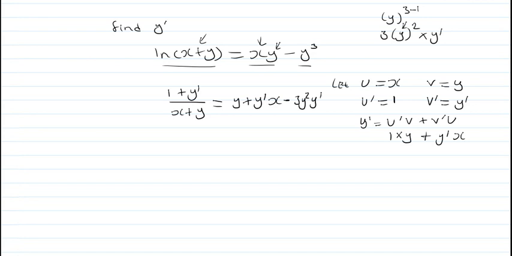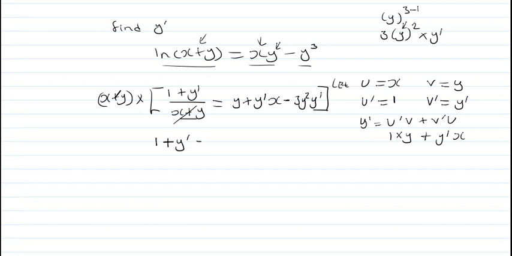After reaching this part, all we need to do is make y prime the subject of the formula. So I'm going to multiply everything by this denominator here, x plus y. So we have everything multiplied by x plus y. What we'll get here, this x plus y and this x plus y will cancel out,